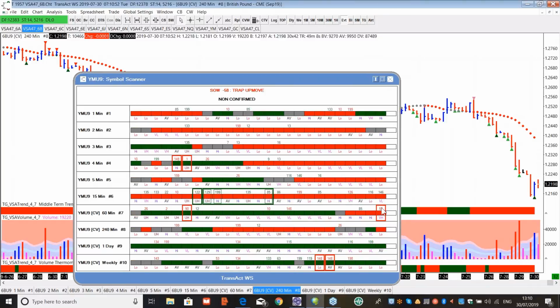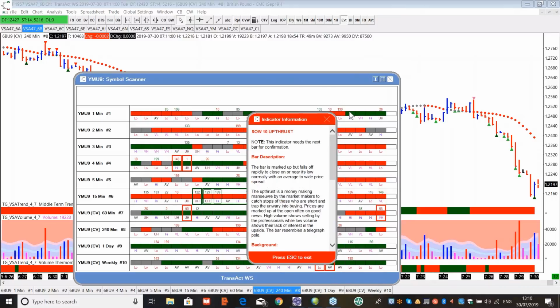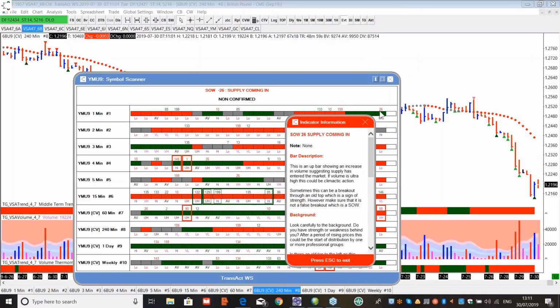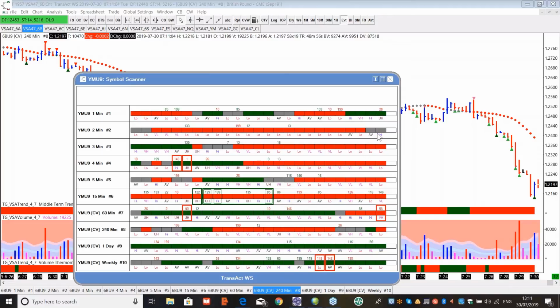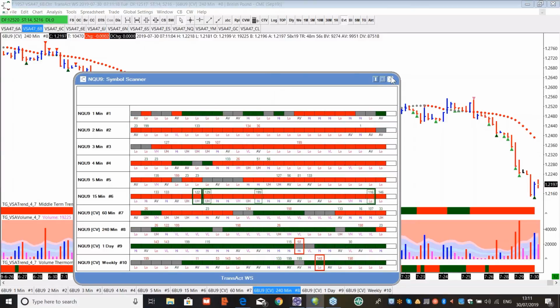You can see here, on the Dow Jones, trap up move, and it's starting to move negatively. You can see here we've got an up thrust on the 1 minute. We've now got supply coming in on the Dow, so that's what I'm going to go and look at. And then here on the Swissy, everything's aligning to the long side. You've got signs of weakness here, so we've got to be aware of those, but it's being marked up. Now, it's very easy. I'm just going to close these quickly.